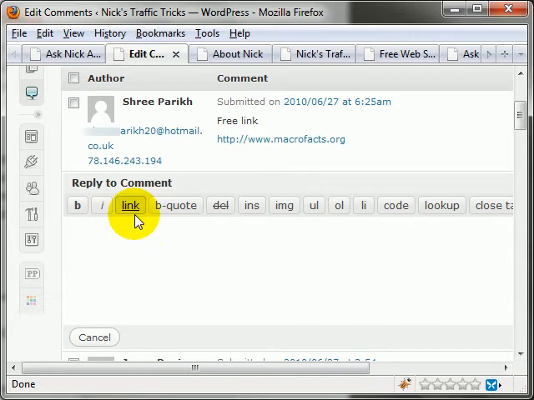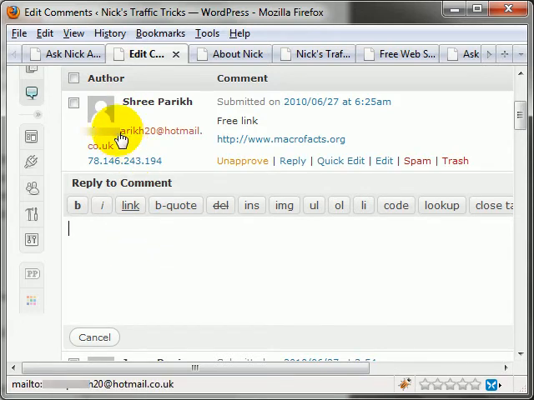One thing you can do to step it up one step further is that when people leave comments, usually they leave a legitimate email address. You can see this person's email address is right here. I've got part of it blocked out. But I could actually copy that email address, put it in my Gmail, and send them a personal note saying, hey, I saw your question on my blog. I wanted to answer it. Here's my answer to your question. I hope that helps. Let me know if you have any questions. Probably 1 out of 10,000 bloggers actually does this, and people will be blown away if you do that.